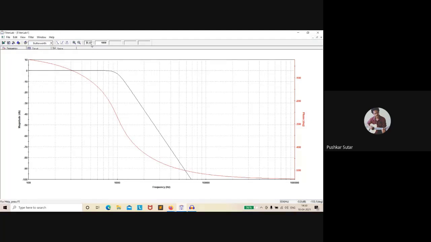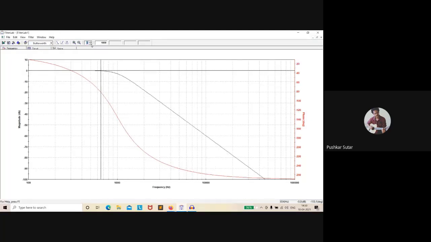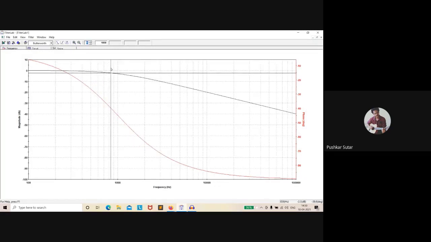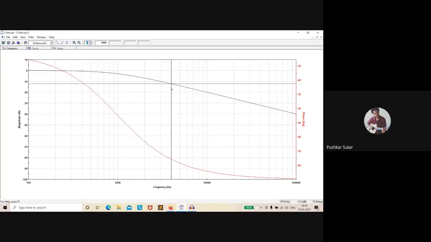So firstly, let me just show you a first order Butterworth graph. When I plotted the first order Butterworth, I wanted to concentrate just on the black graph, not on the red graph. The red one is the phase graph. We are just going to see the magnitude part.